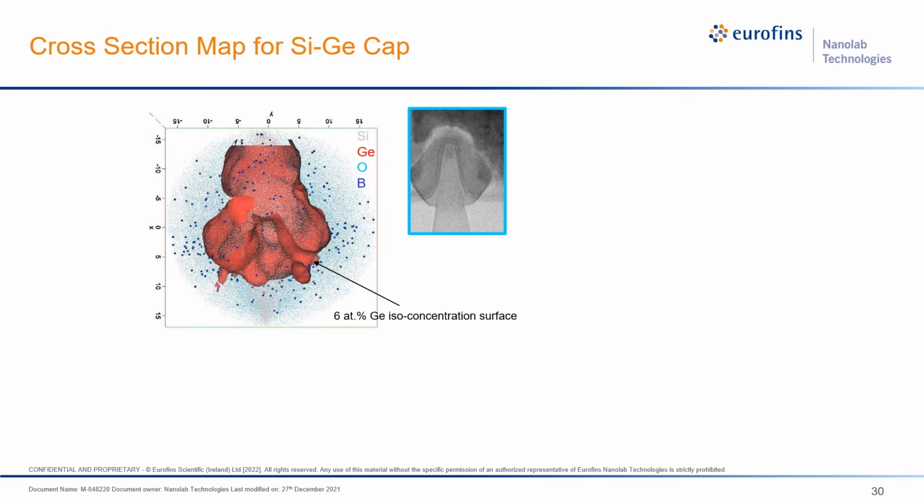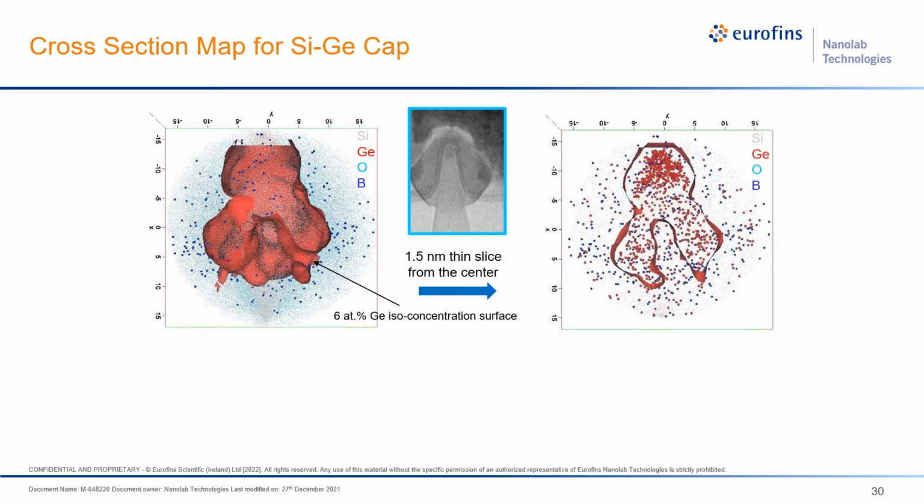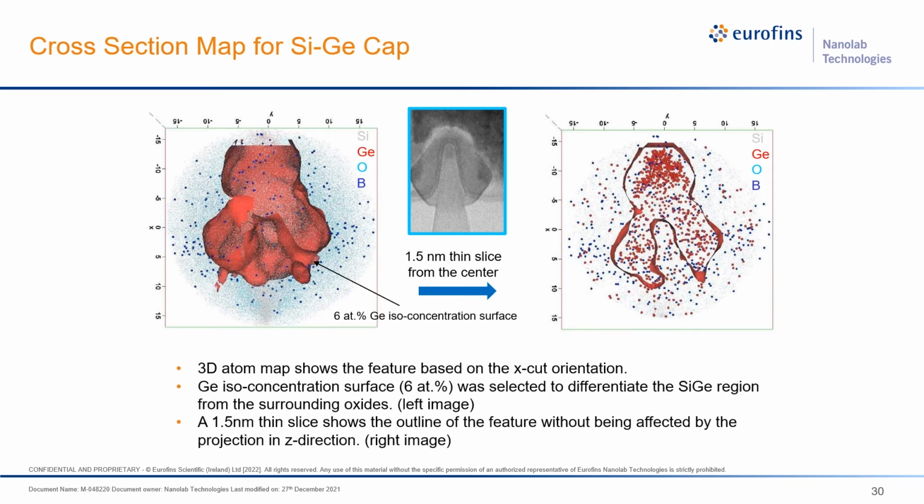where the boron is. And over here we can see that there is a 6 atomic percent iso-concentration surface of germanium. And this surface shows the boundary of the germanium. You can see that a little bit more clearly here when we take a thinner slice without losing any of the information. It shows that inside this region, there is actually a higher amount of germanium as compared to outside of it. Again, the way this shape is oriented shows that the region we have analyzed here is right at the top of the fin, and the individual boron atoms can be seen very clearly using atom